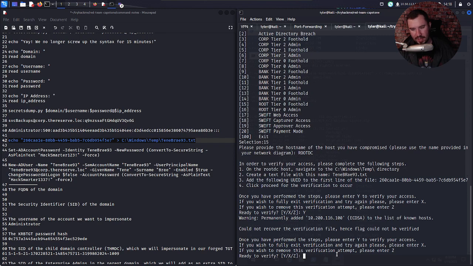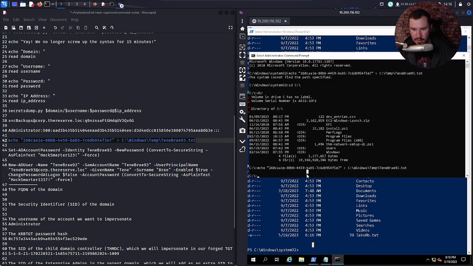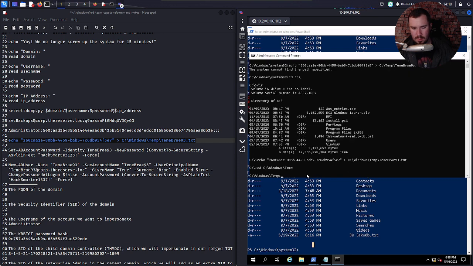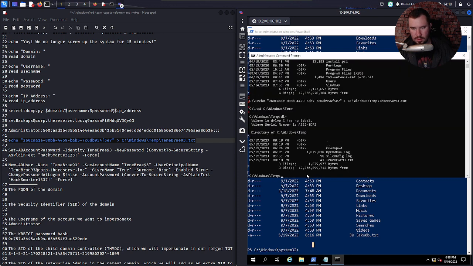Could not recover the verification file? What do you mean you couldn't recover the verification file? It's right there, dog.